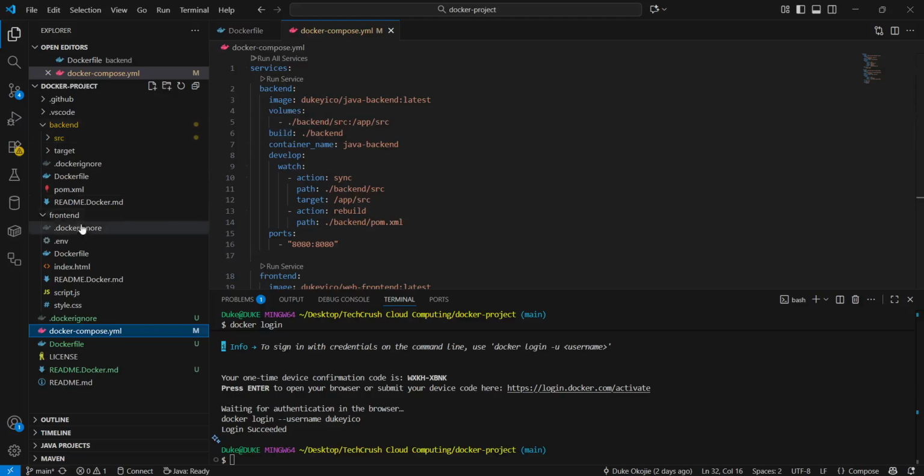We have the source and every other thing that's needed to build your Java backend. So it's going to build from your backend folder. That's what it's trying to say here. Build from your backend folder. Right? Then container name is simply the nickname of your container, so that whenever you want to troubleshoot what's happening,